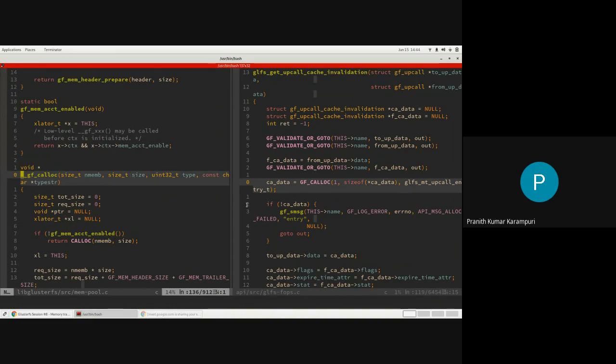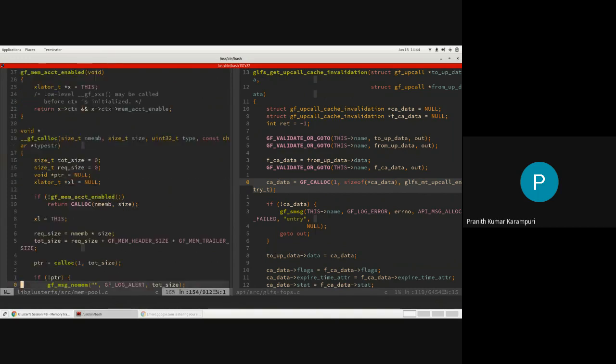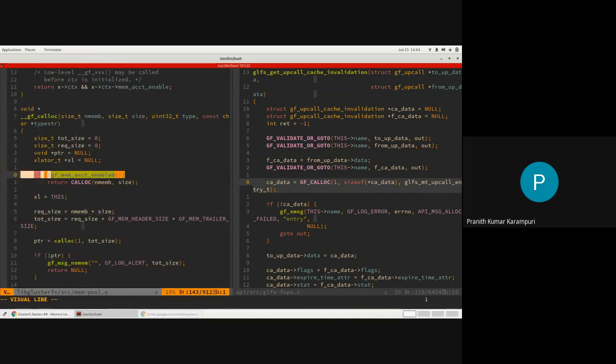We also get the size, like your normal calloc, whatever size you're asking for. Type is this enum type, and you also get the number of elements. If the memory accounting is not enabled, you just do a calloc and that is it.